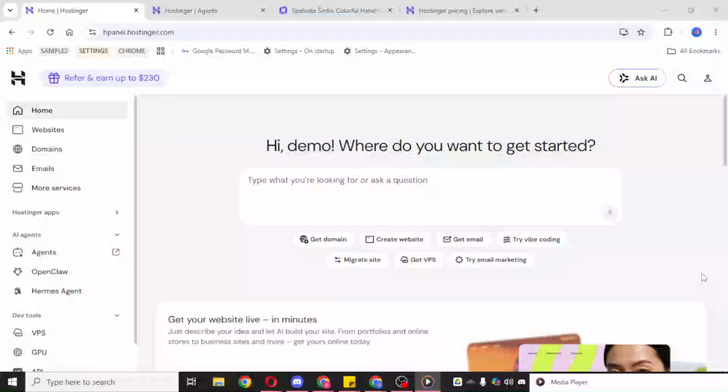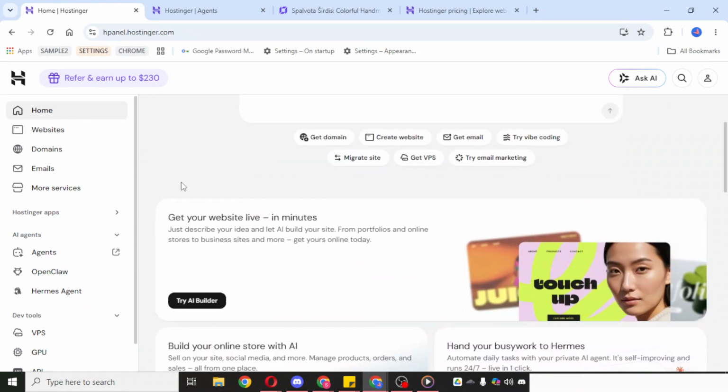In today's video, I'm going to teach you how to install plugins directly on Hostinger. If you want to add extra features to your website without handling a complicated manual setup, installing plugins directly from your Hostinger account can make the process much easier. This built-in option helps you browse available plugins and choose the one that best fits what you want your site to do, whether that's improving design, adding tools, or expanding functionality.